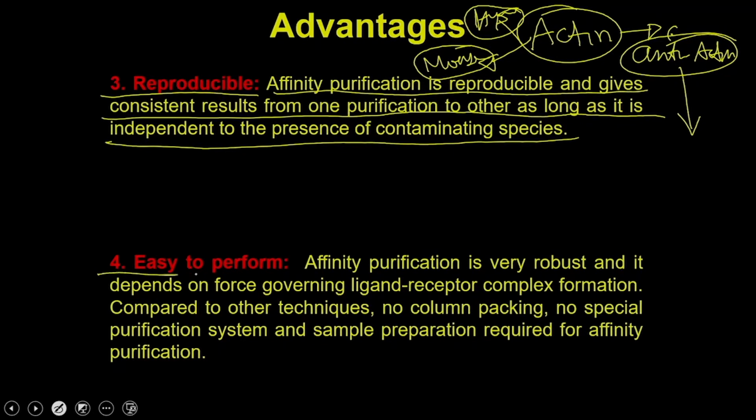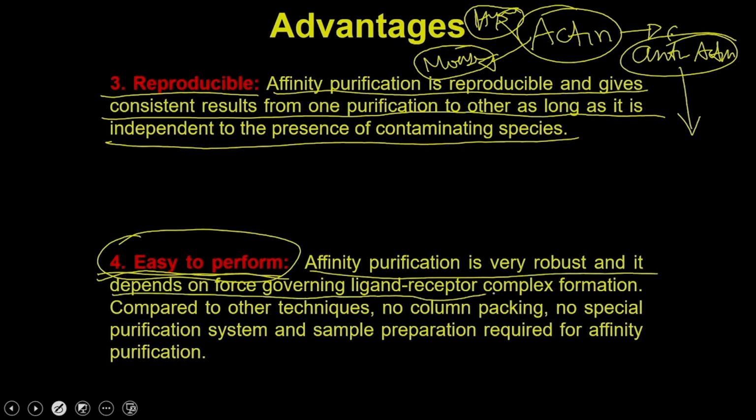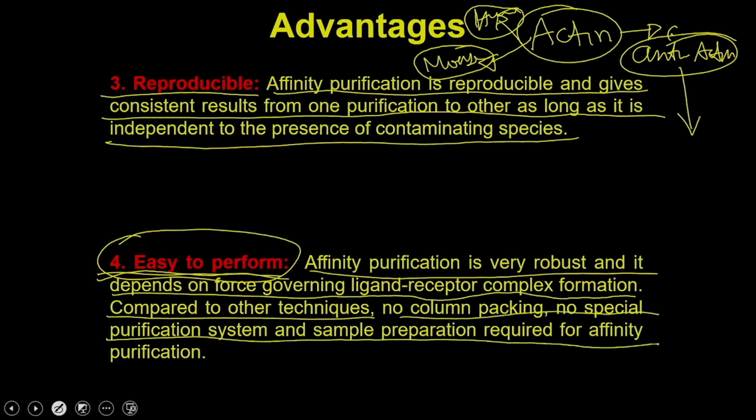Then the fourth, which is actually the most desirable phenomenon of this chromatography technique, is that it is easy to perform. So, compared to all other conventional chromatography, affinity chromatography is very robust and it depends on the forces governing the ligand-receptor complex formation. Compared to the other techniques, no column packing, no special purification systems and no sample preparation are required for affinity chromatography,